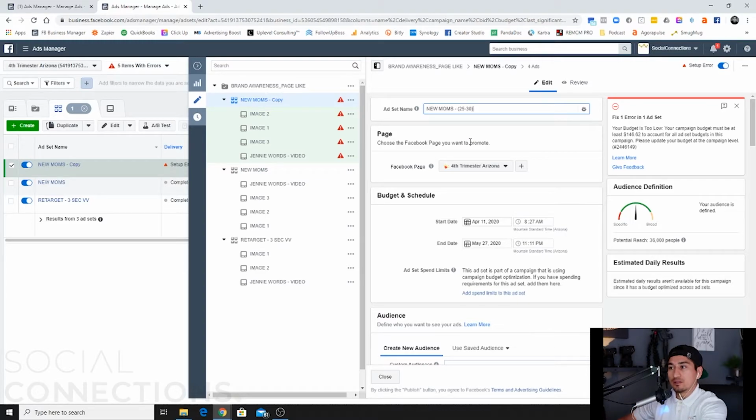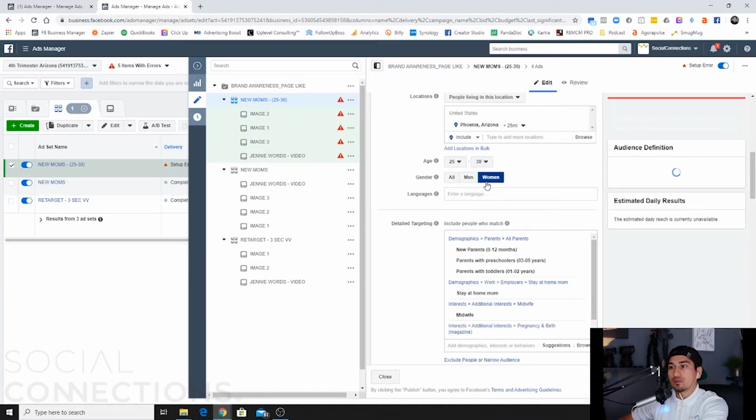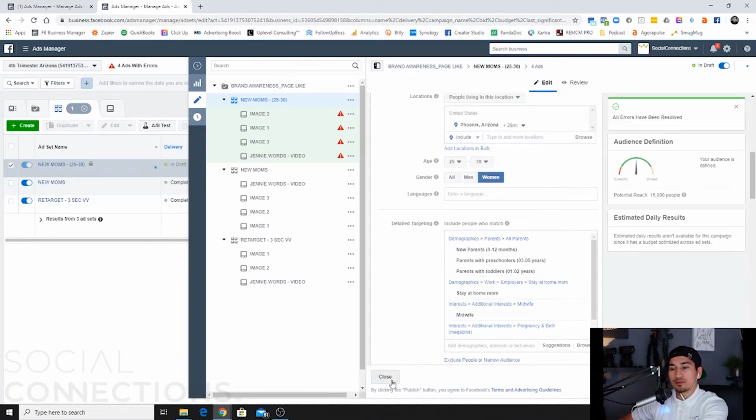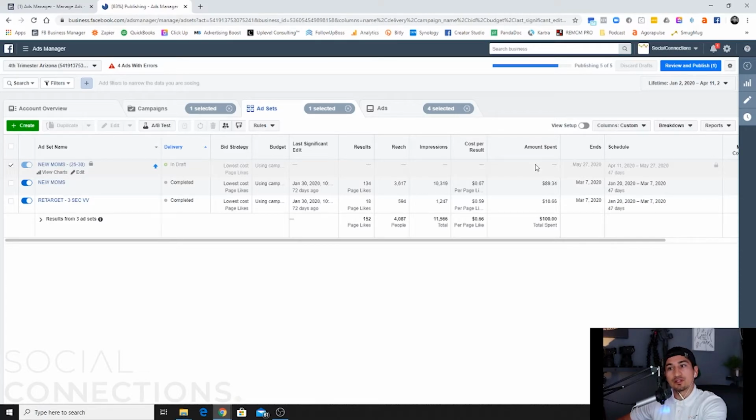I'm changing the age. So 25 to 30, you're going to come in here and change this 25 to 30, and then you're going to hit publish. Now it's going to start fresh, and you're going to be able to track separately. I spent $89 on this ad set, and now I want to see how much I need to spend in this new ad set, the 25 to 30,